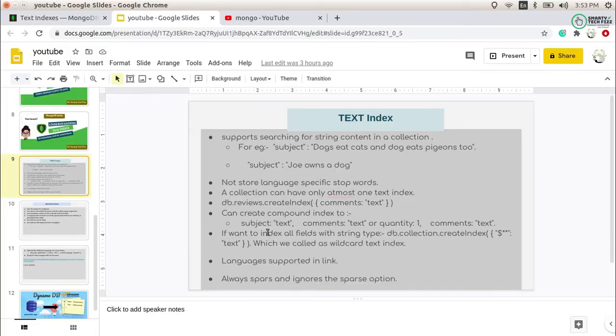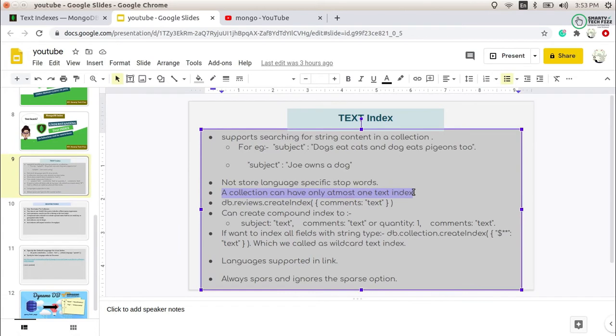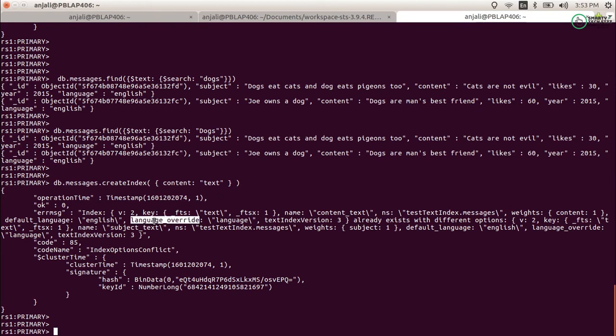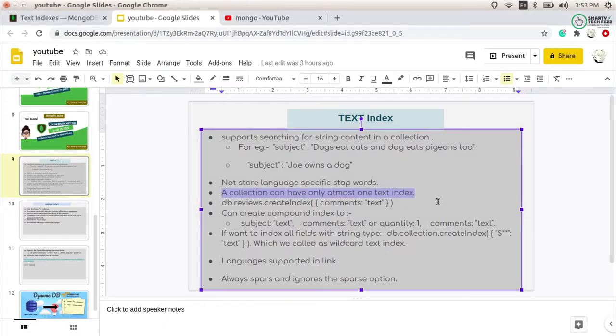So next, you can just remember that these are the options which we provide when creating text indexes. If you want to create a text index with the same options, you will not be able to do that. The next thing we need to see is what if you want to create a compound index.